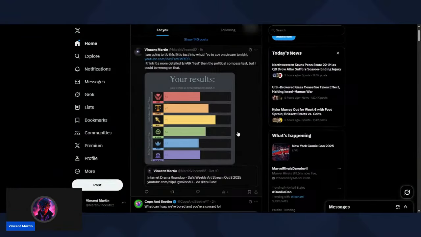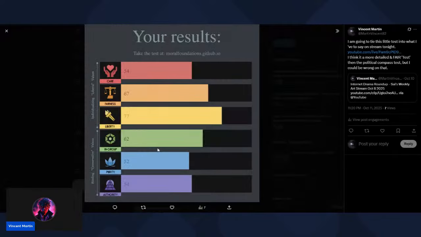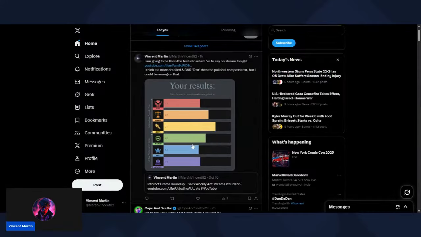And so I'm going to be coming back to this later. This is my little test here. Care, rather low. Fairness, fairly high. Liberty, high. In-group was higher. This is a bit old, and these tests aren't exactly perfect. But at the end of the day, I want to let people know where I'm coming from, despite my rather satirical bite to a lot of ways that I try to incorporate the information I present in my videos in stream across to any audience who might watch my content in any way.